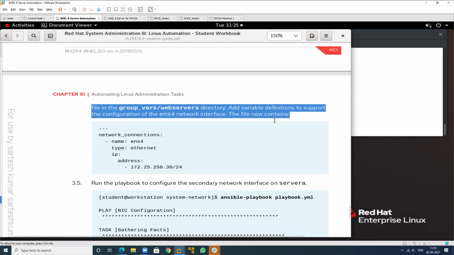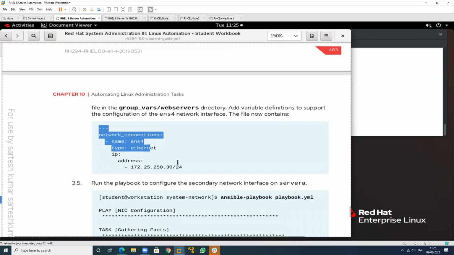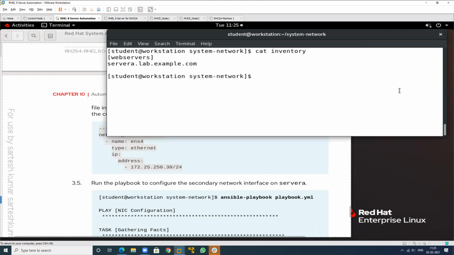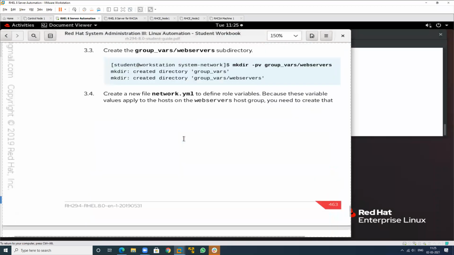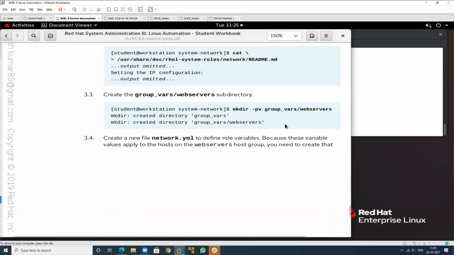So these are the lines. These are only the variable names. These are my variables. So just go to the location of this and create a file. In which location? In this location.